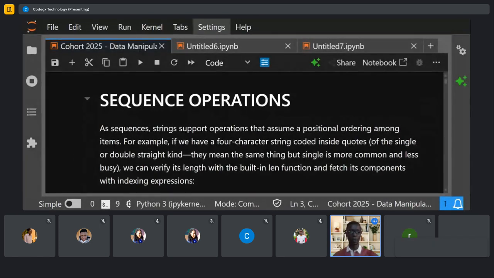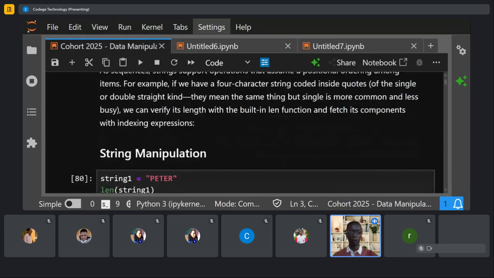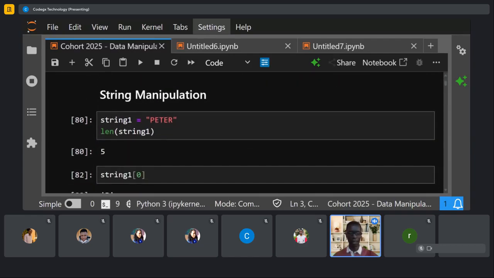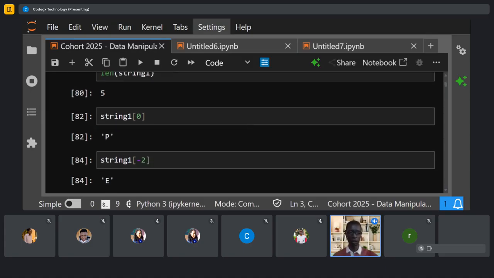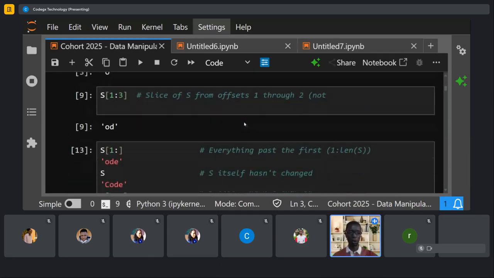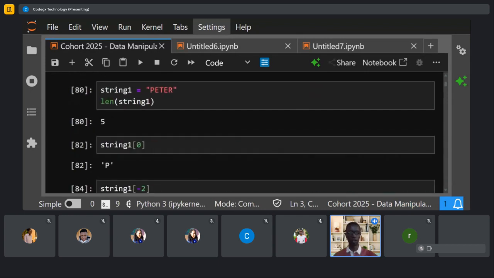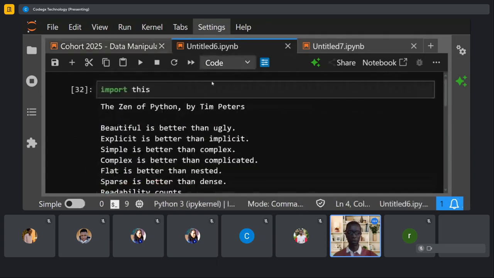Okay, for example, we have a string coded inside quotes, single or double. They mean the same thing. So basically we want to tackle string manipulation, and see how certain methods or functions can act on a string or any data. But right now we are dealing with strings. So I'll quickly jump into my